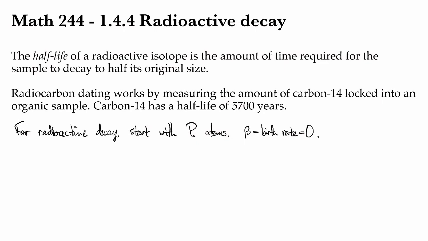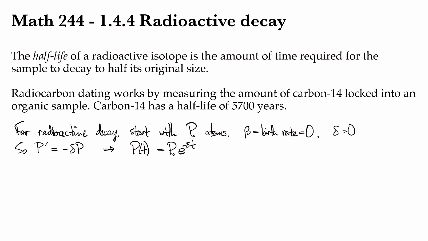But we do have that the decay rate is going to be positive, that the time rate of change of the population is going to be minus delta times p, and by solving this equation like we've seen before, we end up with the amount at time t is the initial amount times e to the